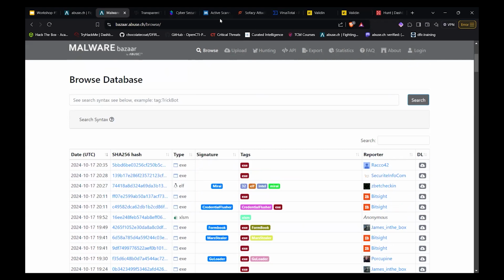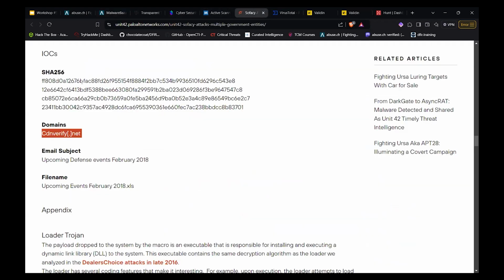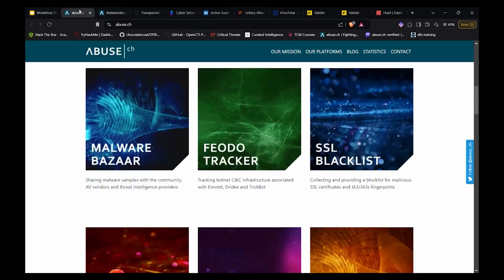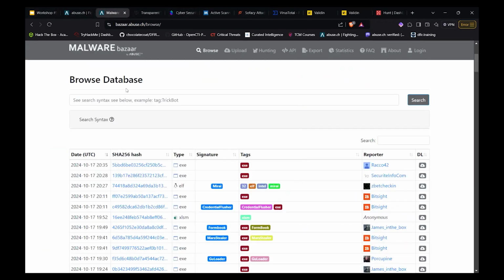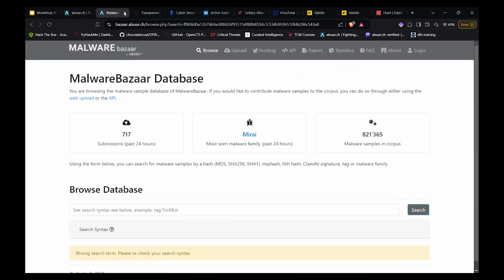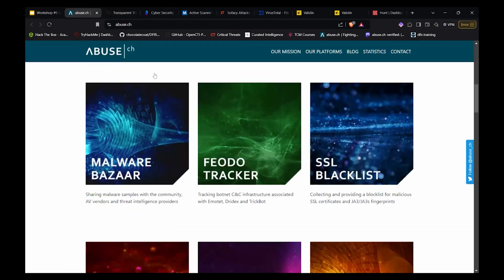So let me actually just see if our SOFAC sample is still open, because if it is, hypothetically, if I was doing research right now, I would be able to just straight up download it and analyze it. It is not. Anyway, the other ones that are here, I don't want to spend too much time on this, but